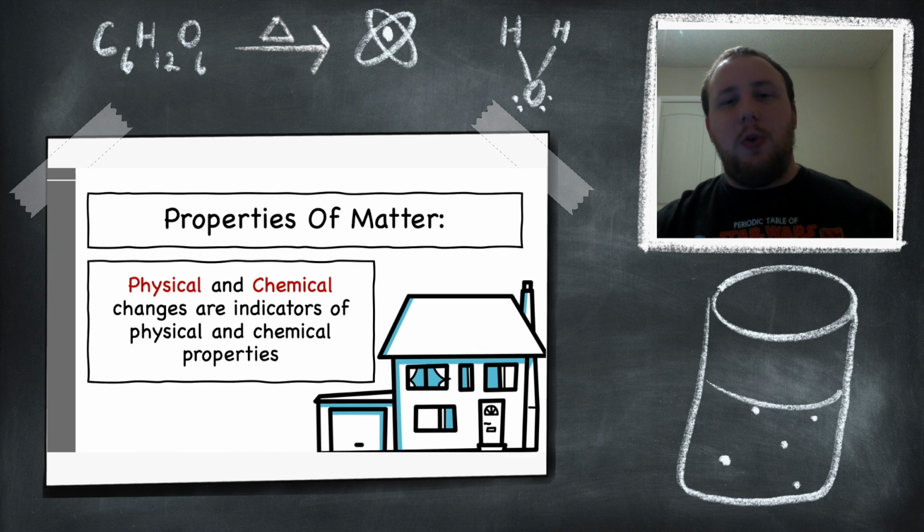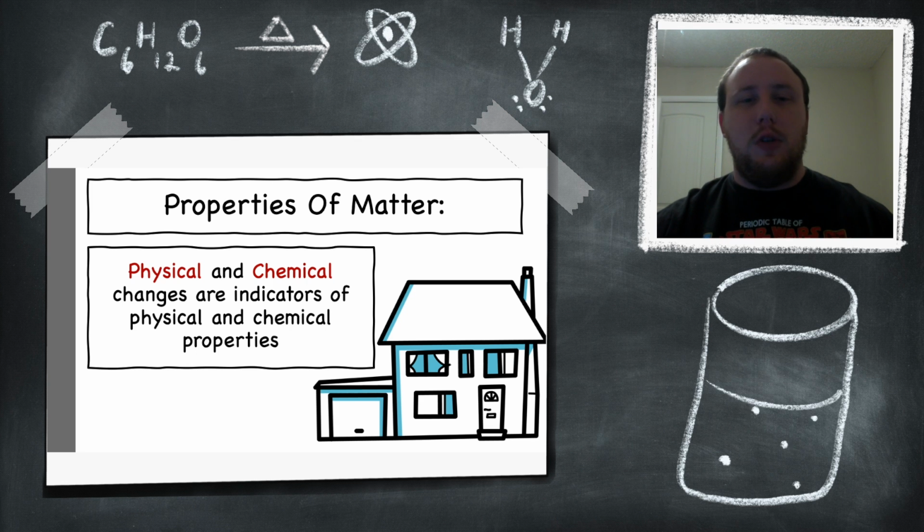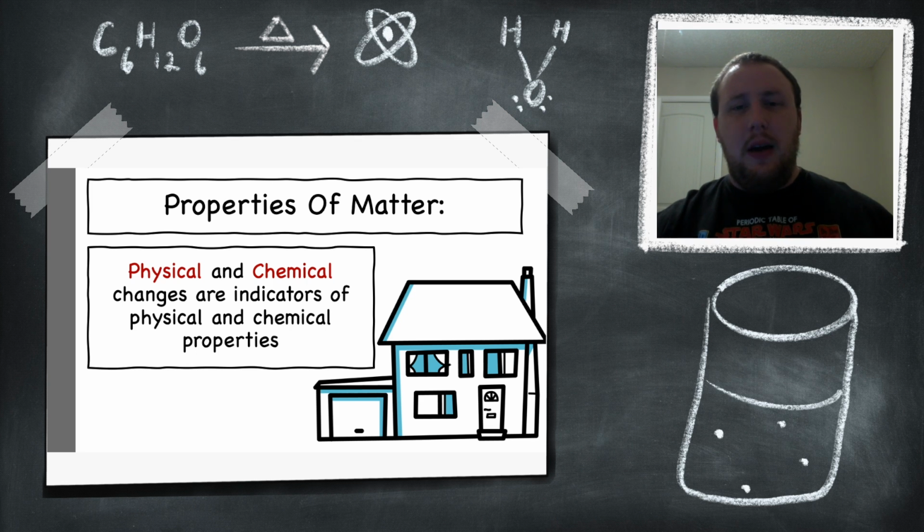So we've talked about chemical and physical changes. Well, we need to talk about properties. Physical and chemical properties are indicators that physical and chemical changes happened. That's the biggest way you can think of these. How can I tell that a chemical change happened? Well, I had a chemical property that I could observe. These properties are just basically observable phenomena, and those are indicators that, hey, something happened here, whether that be a